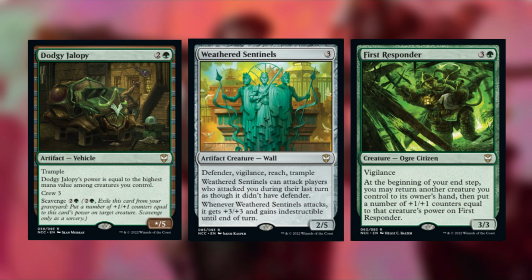All right, it's 2 and a green for an artifact vehicle. It's an X/5 or a star/5, and it says its power is equal to the highest mana value among creatures you control. It's got a crew of 3. I don't really care much for this card. I think that this is kind of cool. It can be big. I'm just not really looking for this kind of an effect. It doesn't work with the graveyard. I don't like how it's creature dependent on having something else being able to crew this. So,